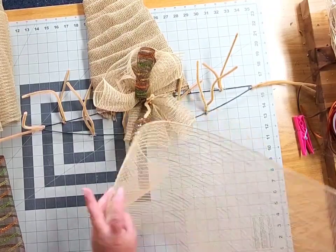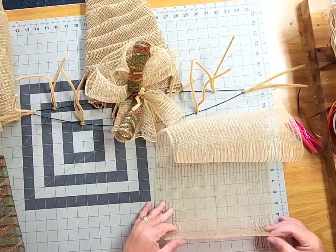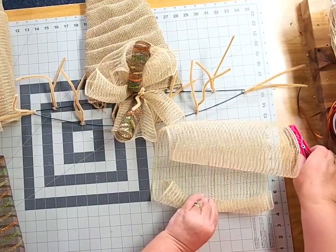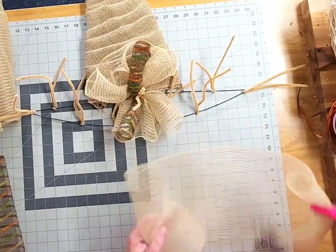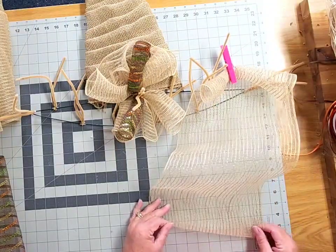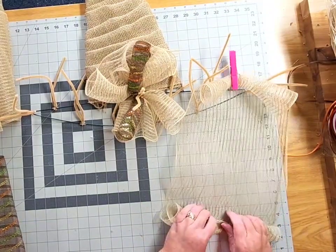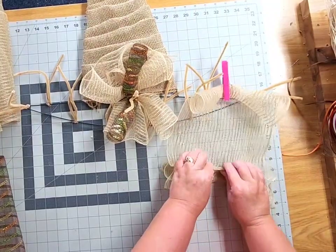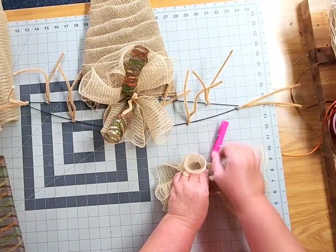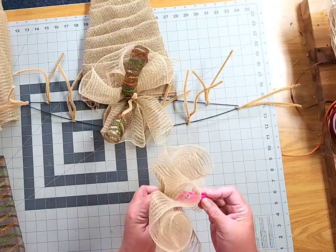So grab your tan or burlap colored Deco mesh, lay it in your work area, curl side up. Curl one end 2 or 3 times to tuck away that raw edge, and then hold it in place with your clip. Spin that guy around. Do the same thing on the other end, make a couple 2 or 3 curls to tuck away that raw edge, and then crawl that mesh back into your fingers like so. And then we'll pinch it together, and then we'll hold it in place with our clip